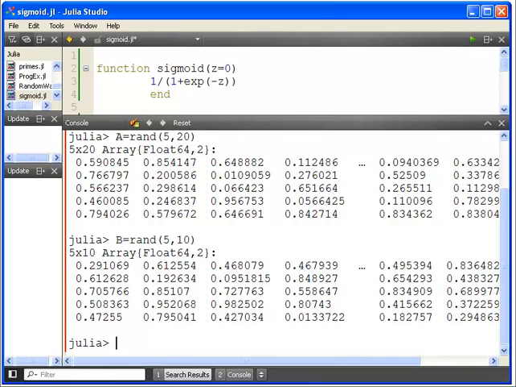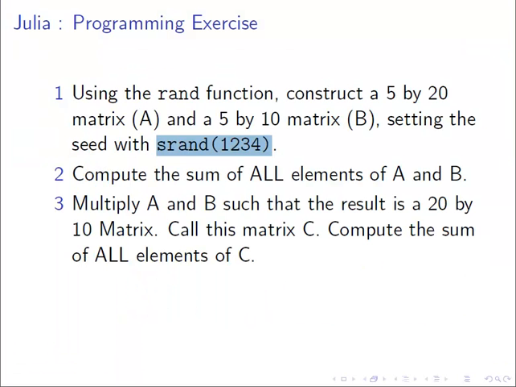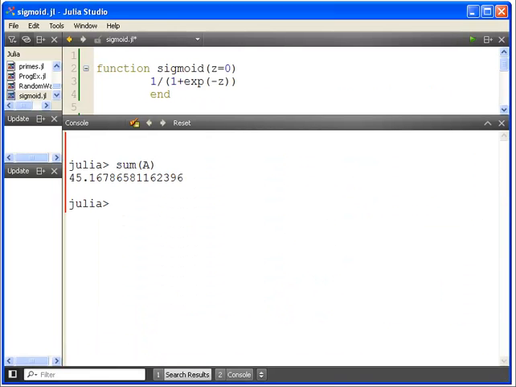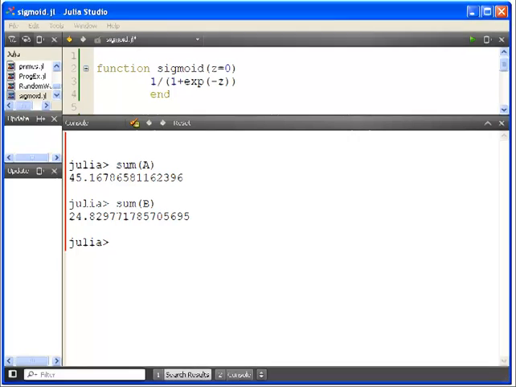So the next part of the presentation asks us to find the sum of A and B, and the point of this really is just to make sure that we all have the same answers. So the sum of A is 45.167, sum of B is 24.829. Okay, so moving on from that,